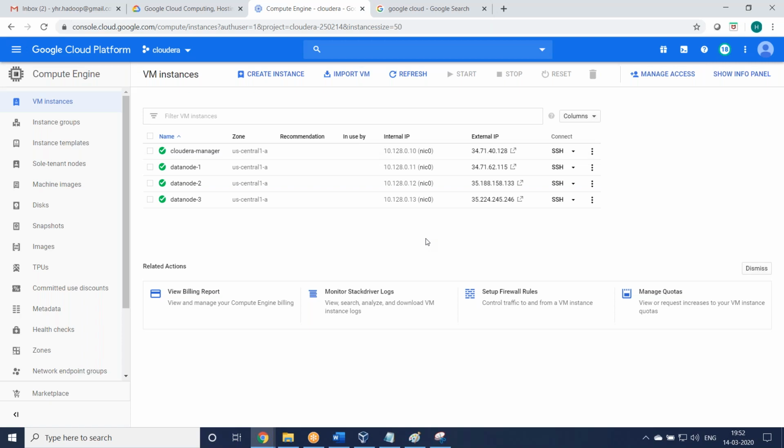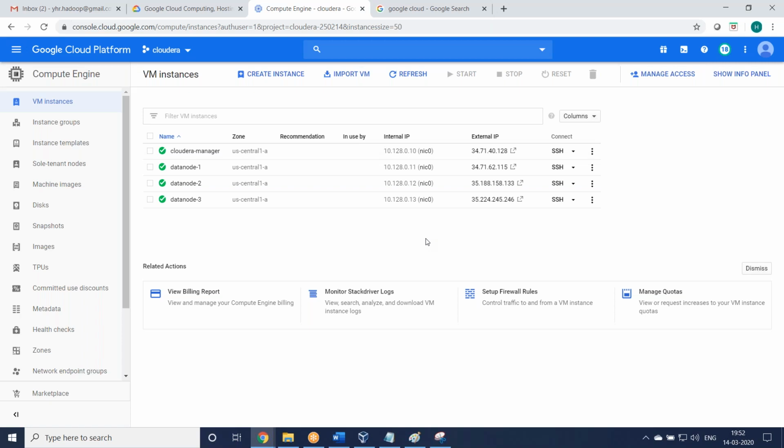Shruti, any questions, any doubts? In real time, which one are we going to use, this one or the 2.x? We are not going to use 2.x, right? Only this one we will use in real time, mostly Cloudera.